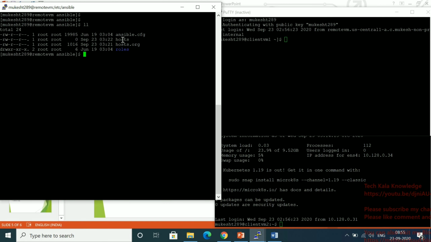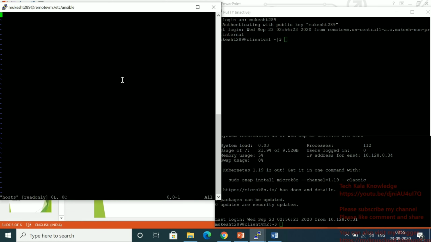Here if you check now, the Ansible host file is empty, there is nothing here. If I run it, we will get an error, because no client server name is mentioned inside the host file. So before I run the Ansible ad hoc command, let me add the client host names here.